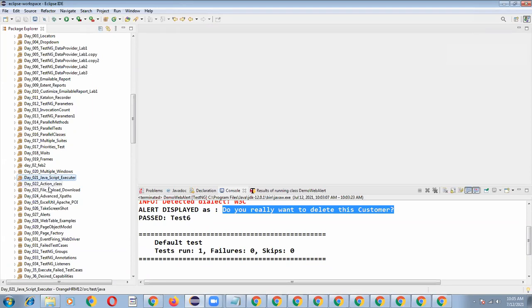And on the Actions class also, the interviewer will ask 2 questions. Definitely, 100%, no doubt. And after that, waits: there is no Selenium interview at all without the waits concept. So tomorrow's class on waits and frames is a very important topic.